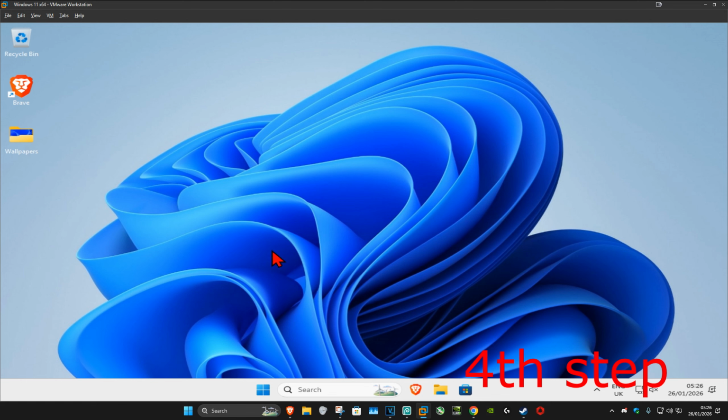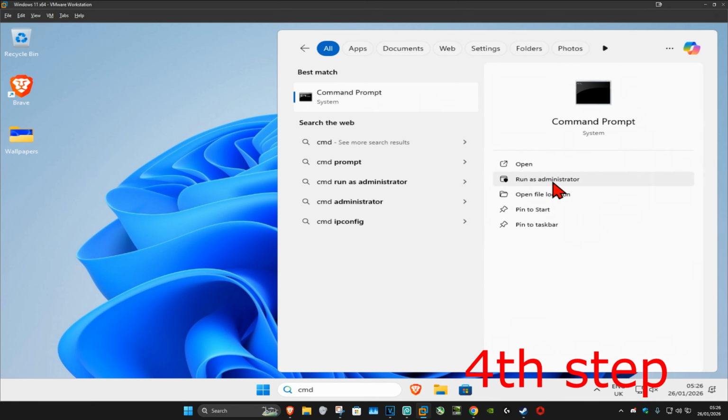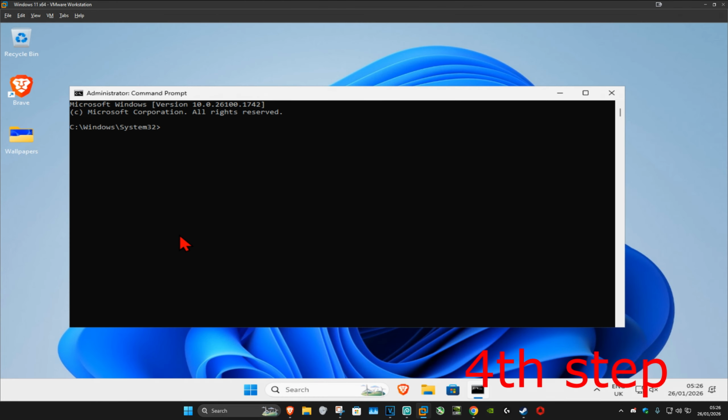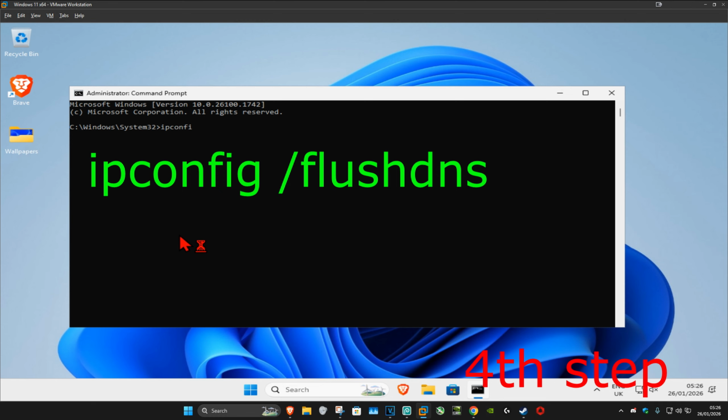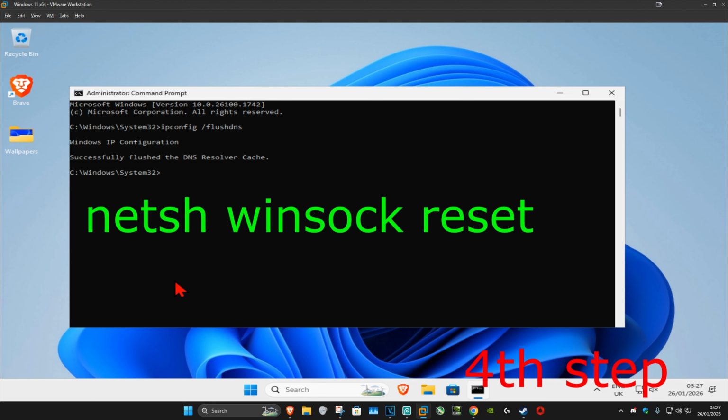For the next step, you want to go to search and type in CMD. Now you want to run it as administrator and then click on yes. And now once you run this, you want to type in ipconfig /flushdns and then click on enter. And now you want to type in netsh winsock reset and then click on enter